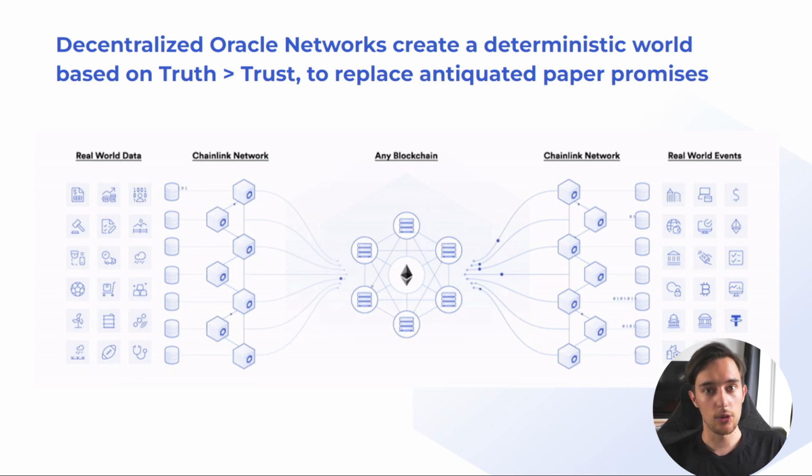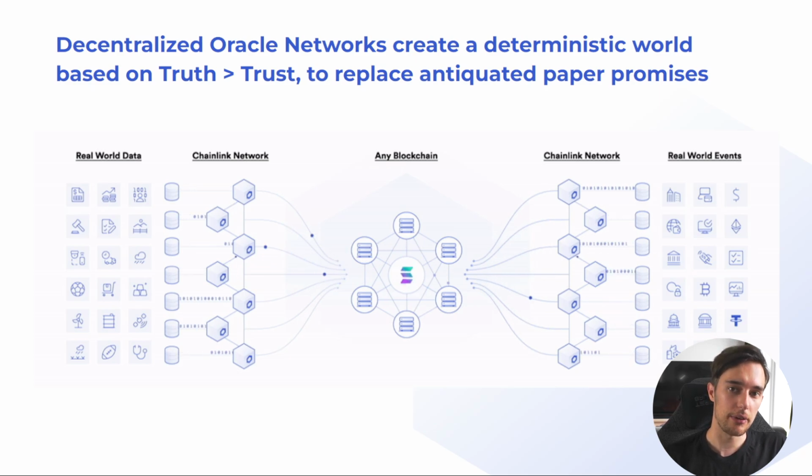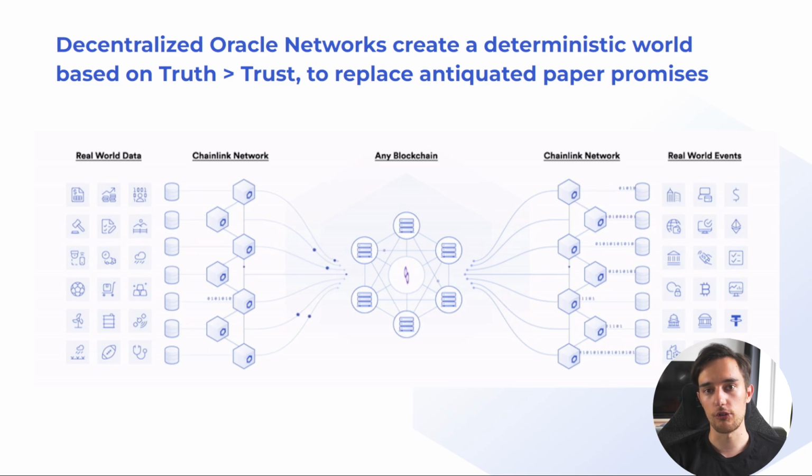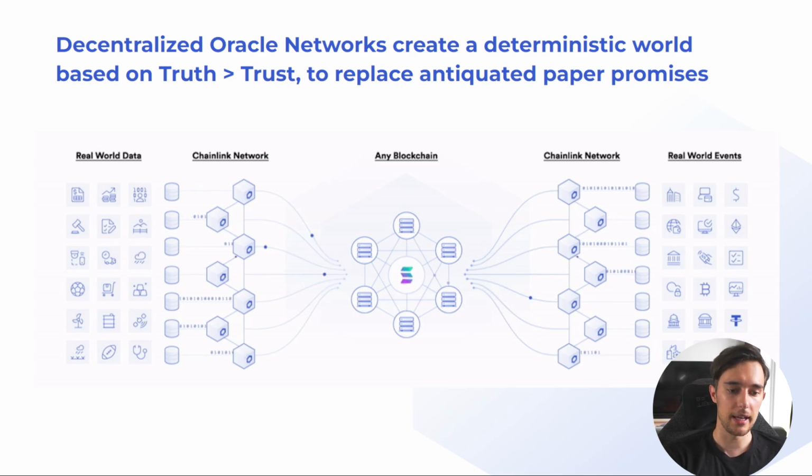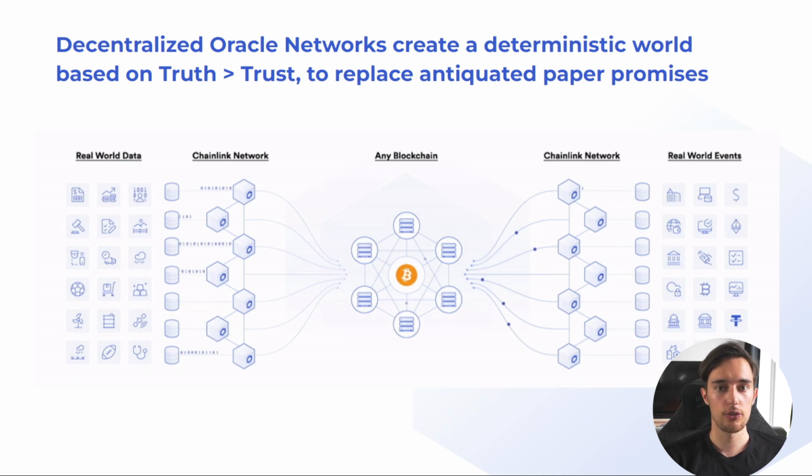Anyone can become a Chainlink node operator, but to get started, you do need to run a Chainlink node. And by fulfilling these data requests, you earn Chainlink tokens. Now, Chainlink tracks how well each node performs with a reputation system, so nodes with better reputations will get more and higher value jobs compared to nodes that just started out. So in short, Chainlink nodes get real-world data for blockchain applications, for decentralized applications, and you can earn rewards by